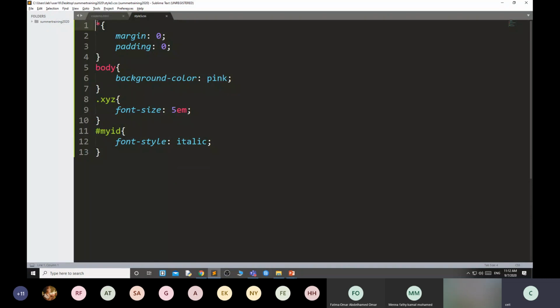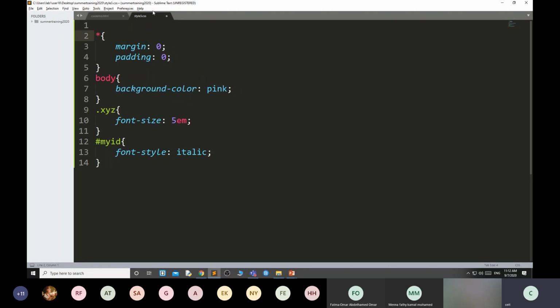So we have four selectors in CSS. The first one is the universal selector. I can also comment it. The first one, this is the universal selector.